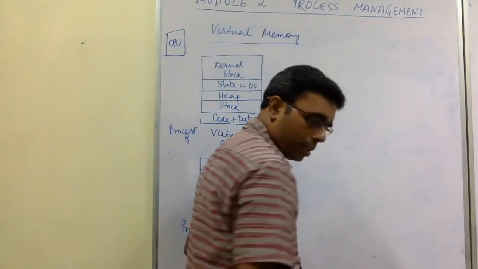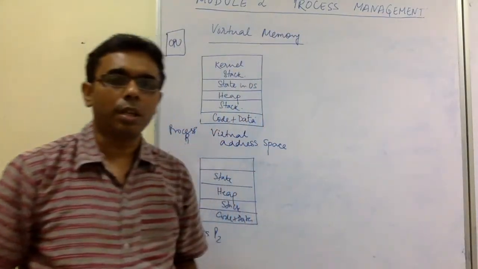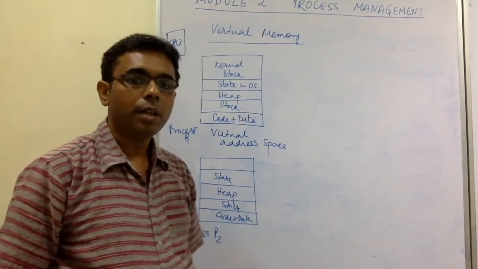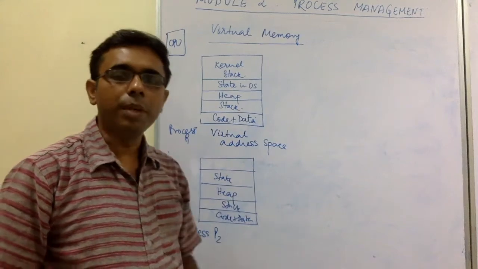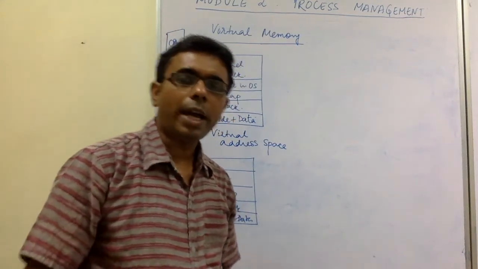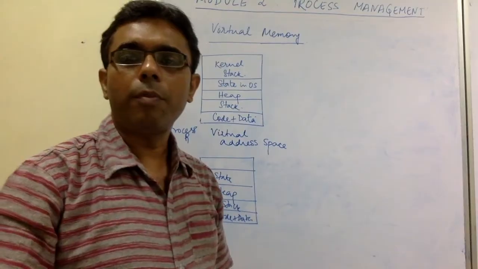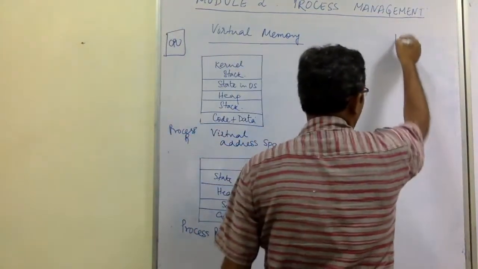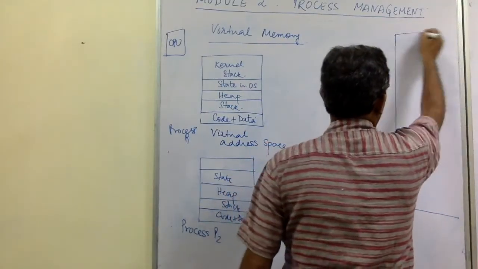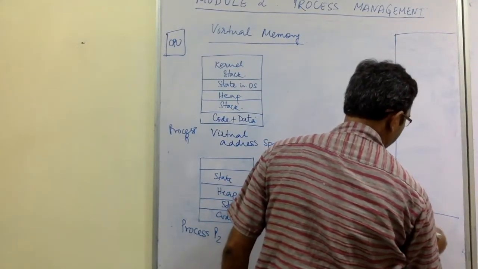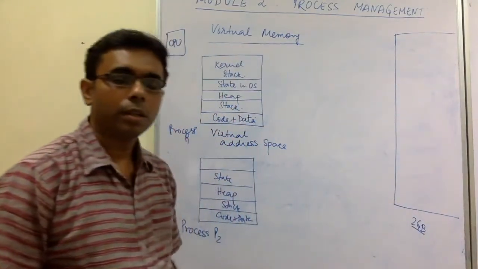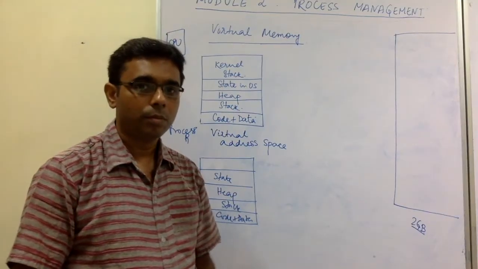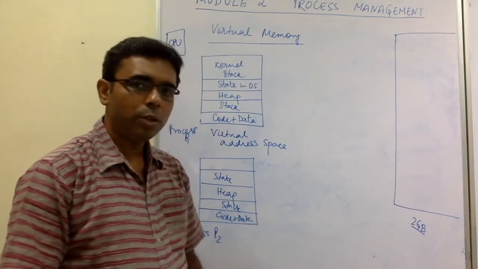Think about a situation where you would like both processes to be there in the physical memory, and let's say both of them are of size 4 GB. But you do not have a sufficient amount of memory to hold both processes. Let's say your physical memory only has 2 GB of space. Okay? So how will you hold both the processes? That's a major problem. So what we will do is,